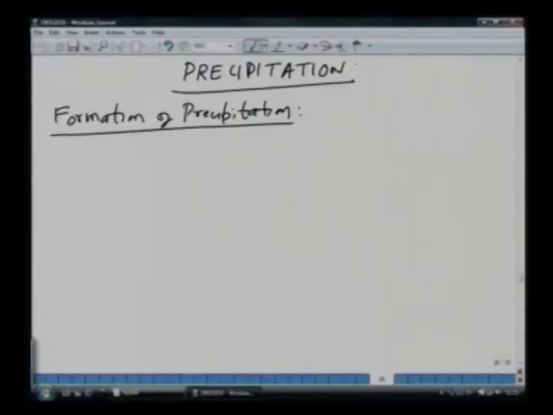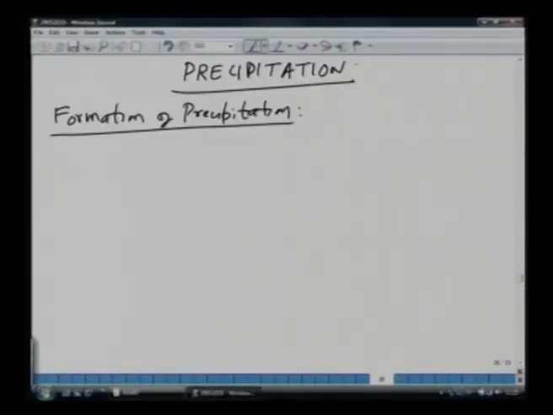So, what are the two basic mechanisms? Okay. Well, first one is the lifting of an air mass. You have the moist air or air that contains moisture in the atmosphere. Somehow that has to lift, all right. As it lifts, the temperature goes down. As the temperature goes down, the water vapor condenses, all right. So, lifting of a moist air mass is one basic mechanism, all right. What is the other one? Well, we will come to that a little later. So, first one is the lifting of an air mass.